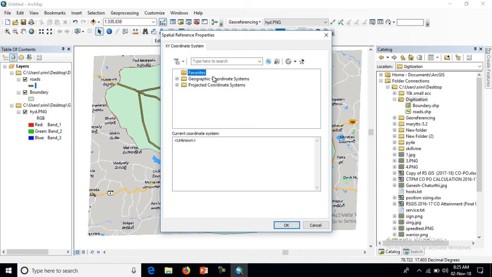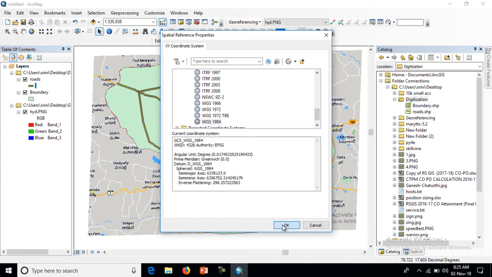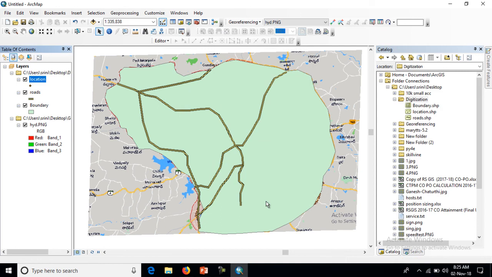Coordinate reference system is WGS 1984. Then say OK. After that, go to editor, start editing,